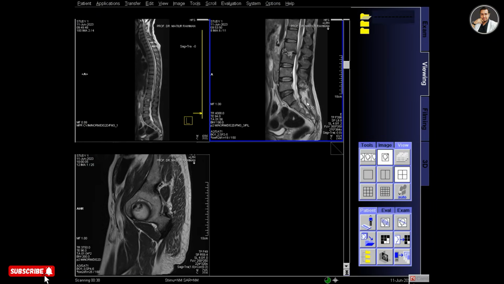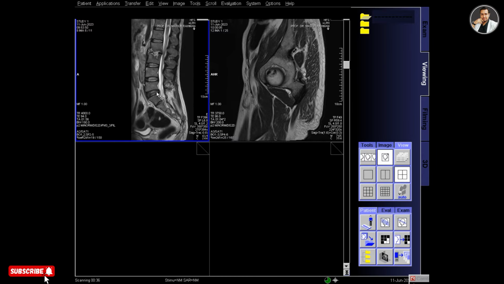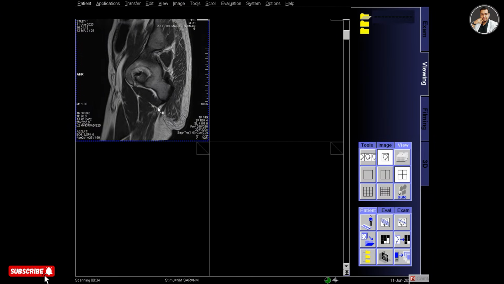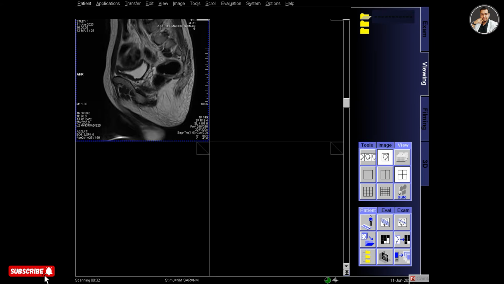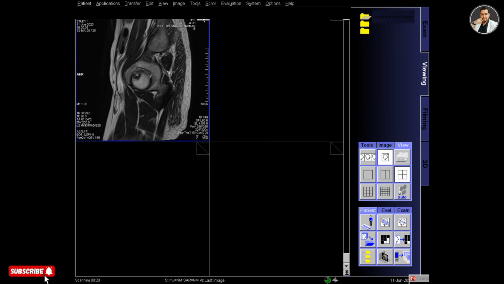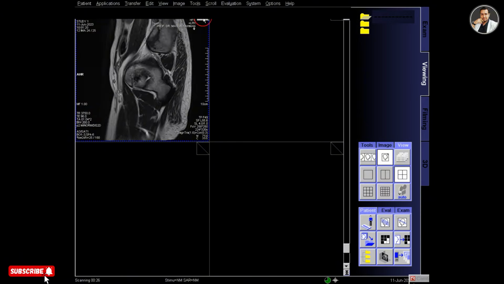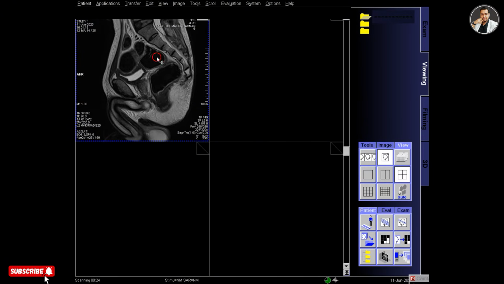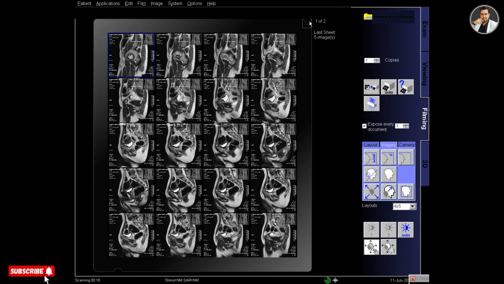And there are three post contrast protocols that I took. So let's see whether I have used the contrast. Now the T2 sagittal, that's the first scan done. So I will print it out, and for this select the series from the viewing and send it to the filming. And now I am in the filming.